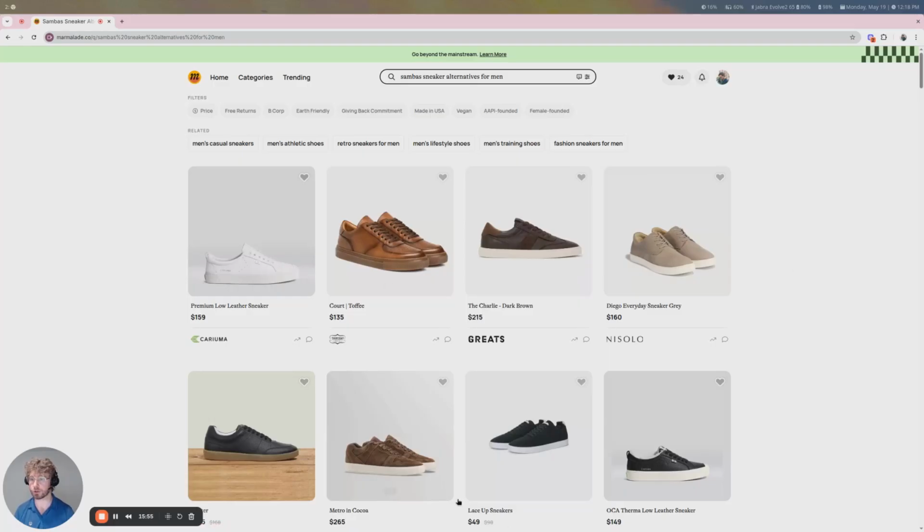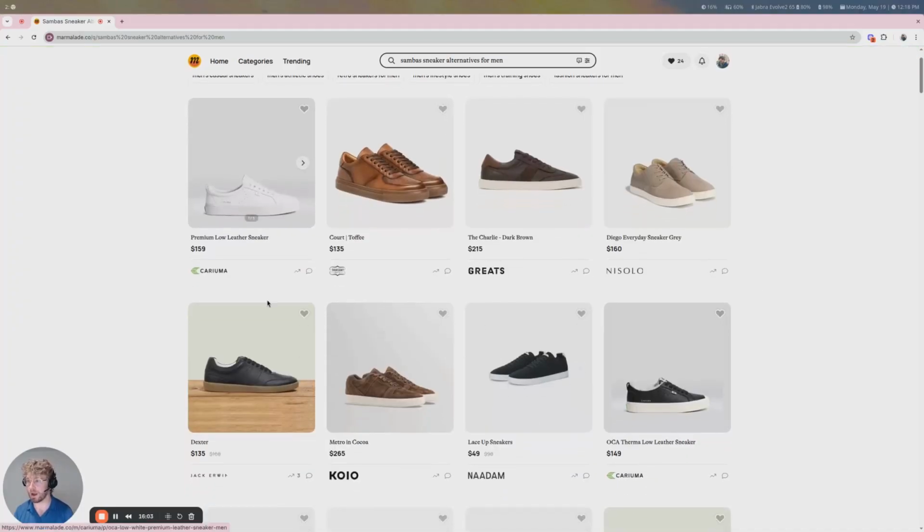Final thing I want to say about our search engine is we do some post-processing to make things even more exciting for the user. You notice here on the first row, we don't really have any repeat brands until we get down here into the end of the second row. And so a couple of the things we try to do is we ask the model, what do you think the most relevant products are for the query? But then we balance things so that you're getting a diversity of different brands at different price points,